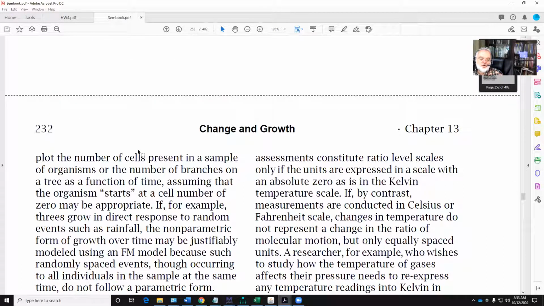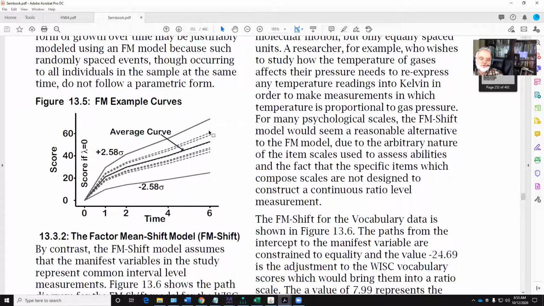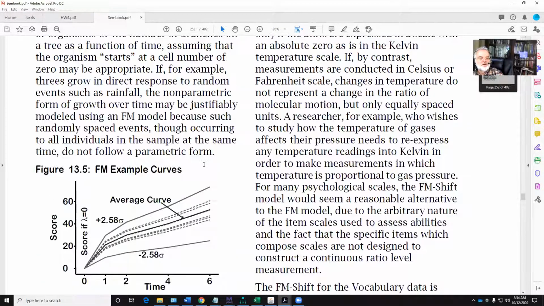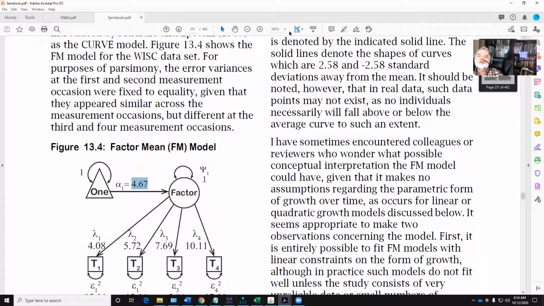And we'll come back and talk about it some more, but what I want you to take home is, look how this curve differs from what we had with repeated measures analysis of variance. As the mean increases over the course of measurement occasions, variation in scores also increases. So this is why the factor mean model is a growth model and not a change model. And this is where we'll start on Wednesday. I'm going to put a pin in it here and take any